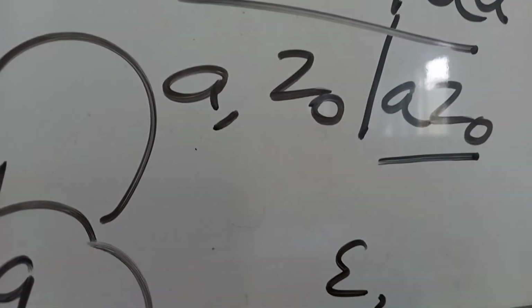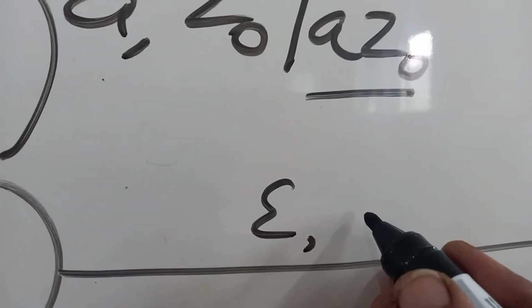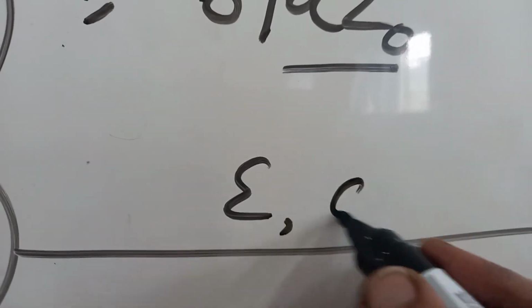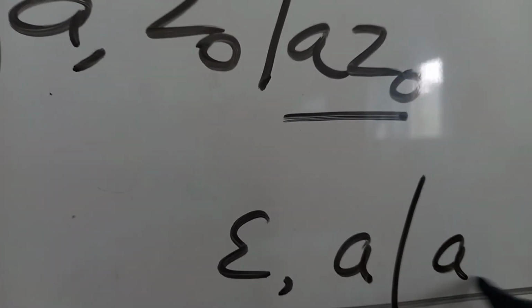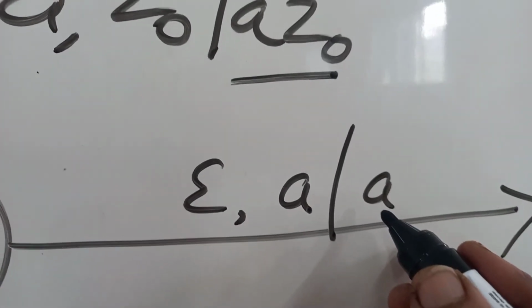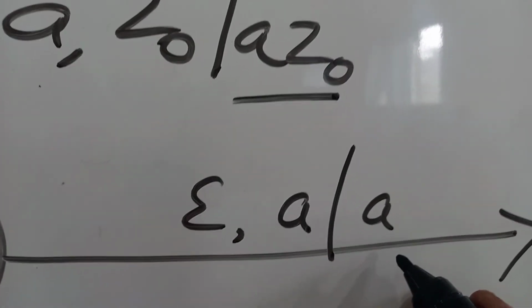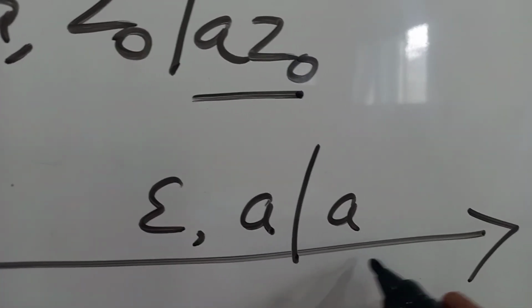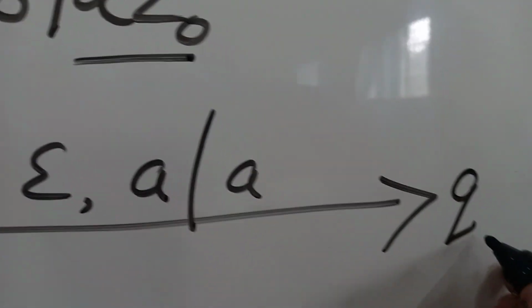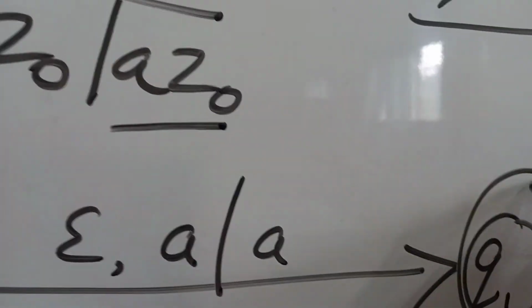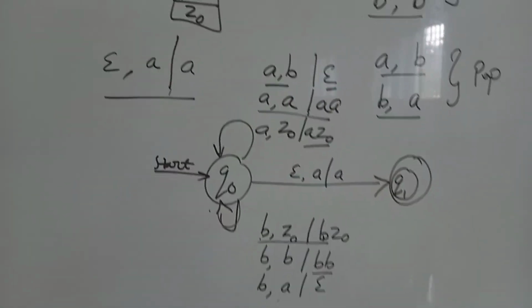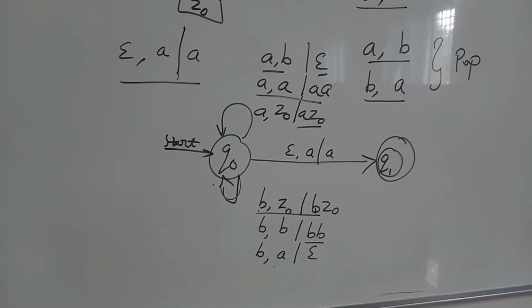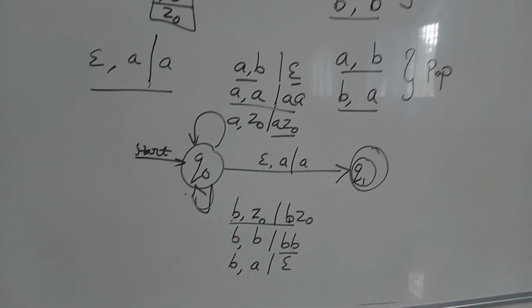We have reached almost the end of the string, but still the topmost element of the stack is A. We need to retain that A as it is because the given language consists of an extra 1 A. That can be achieved by using this transition, and we have reached the final state. Okay. So this is a pushdown automata where the number of A's is greater than the number of B's.